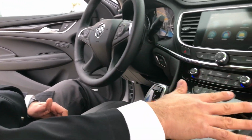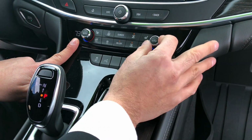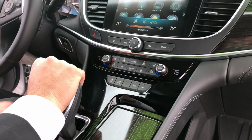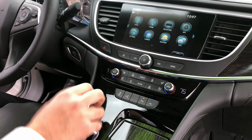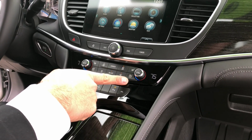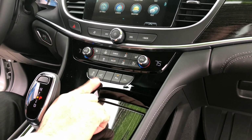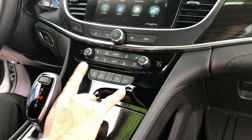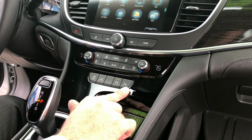Now, a couple of creature comforts that we have here is you'll notice the two temperature dials here. Right here, we can change the temperature on the right-hand side. Left-hand side, it's all a matter of preference. But this allows two people to have a different experience as they drive. Heated and cooled seats are available on select models, as well as in this model, you'll have the option for additional safety features. One of the safety features that you're going to have is going to be the lane keep